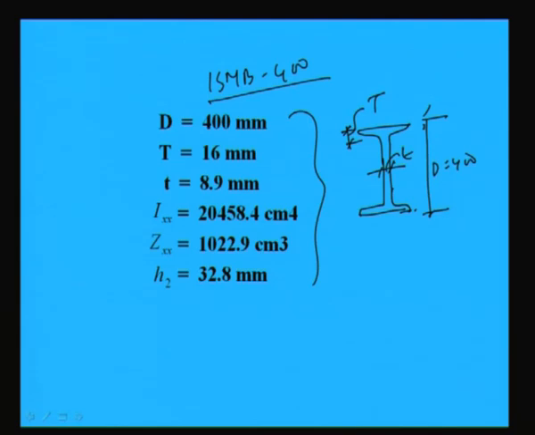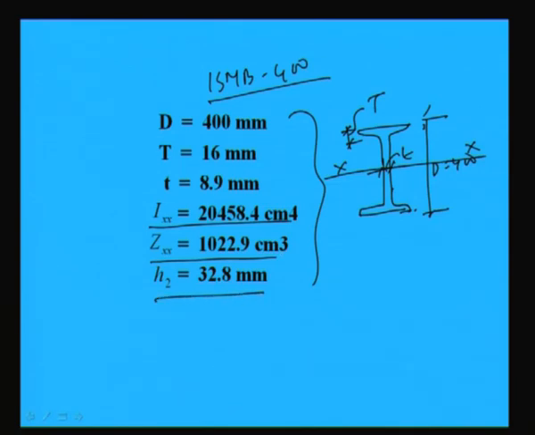Similarly, Ixx means moment of inertia about the xx direction, that is given as 20458.4 centimeter to the 4, and we have already told that the section modulus is 1022.9 centimeter cube,